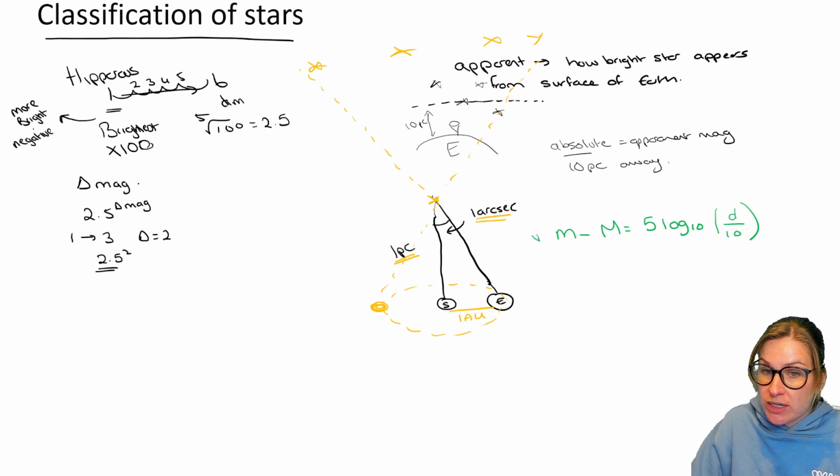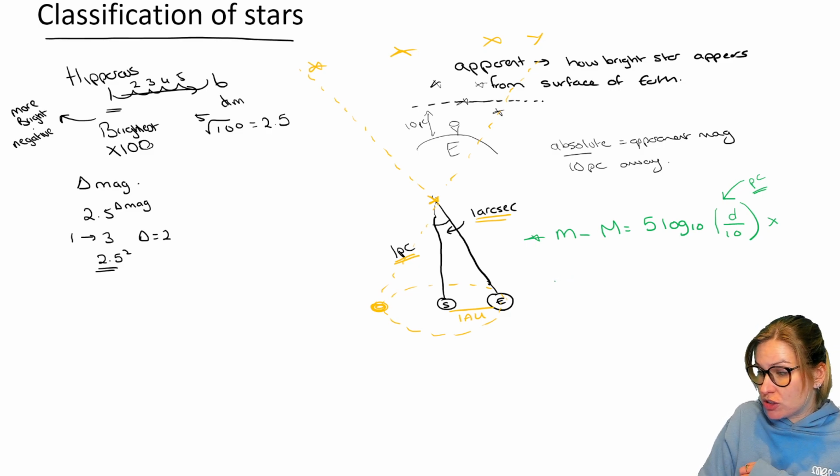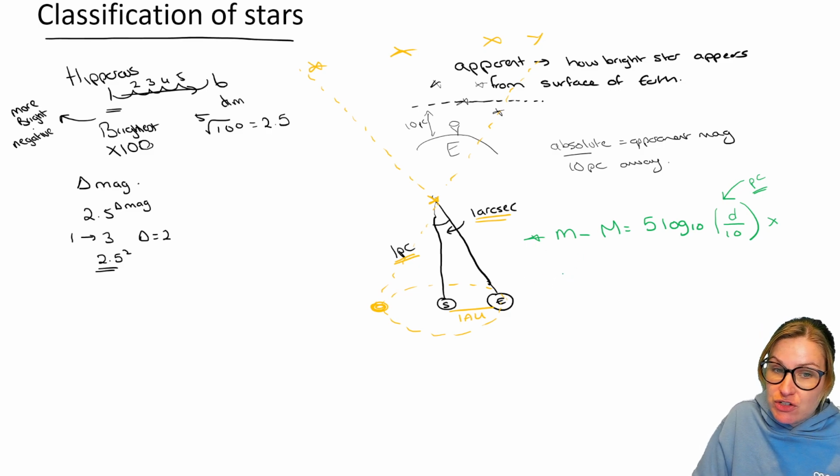Now this equation is really important and it'll only work if this distance here is in parsecs. They like to give you the distance in light years, and you need to remember how to convert from a light year into a parsec. That equation will be given in your data sheet. So again, if they give it to you in light years, a light year is the distance light travels in 1 year, you just convert from your light years into your parsecs, and then that's the number you pop into this